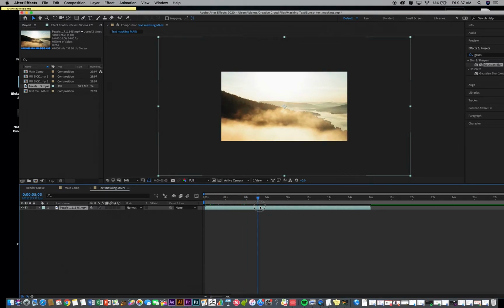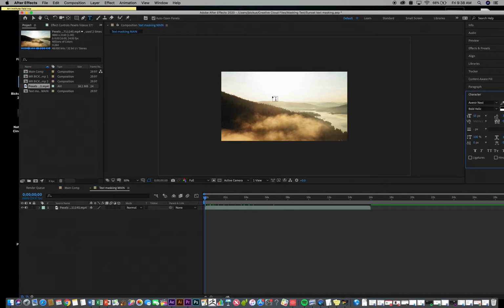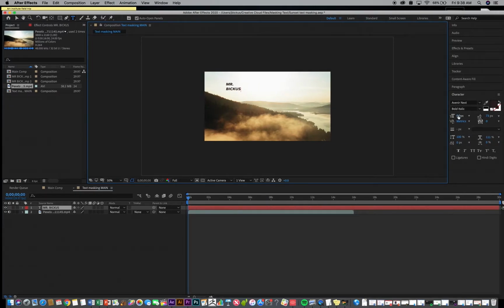And the next thing I'm going to do is just basically skim through, just see what I'm working with. And then I'm going to go and create some text. So I'm going to have my name slide up here. So I'm going to click off, or Command Shift A, I believe would be the same, to deselect, and then I'm going to go to T, my type tool. I'm going to click out here, and I'm just going to type my text. So I did it on 2 lines. So I'm doing Mr. and then Bickus,